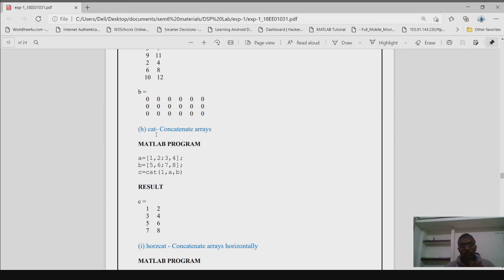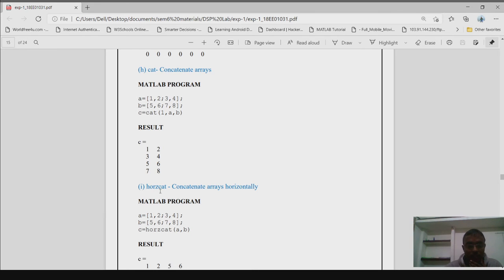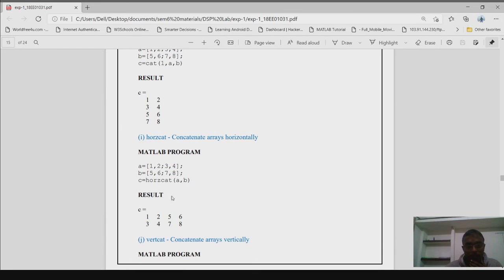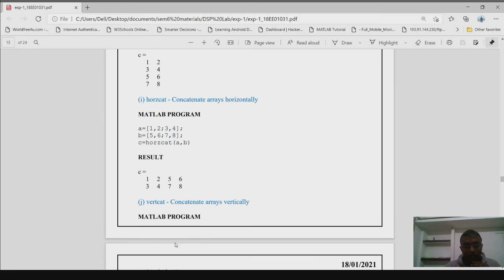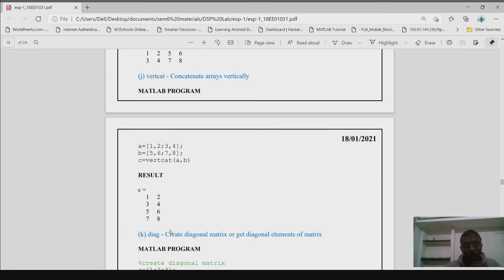After that cat means concatenating arrays or matrices. So here suppose this one is an array, a is equal to 1 2 3 4 and b equal to 5 6 7 8. So we are concatenating that 1 2 3 4 is the a matrix, and this one is the b matrix, and this whole is the c matrix. We can use horzcat or vertcat. In horzcat we will concatenate horizontally, this one horizontally with this one, and in vertcat this one will go vertically downward. Previously this was here and now it is here.